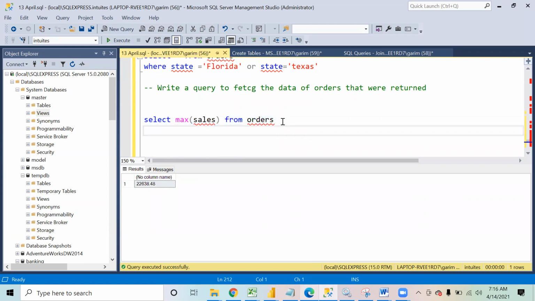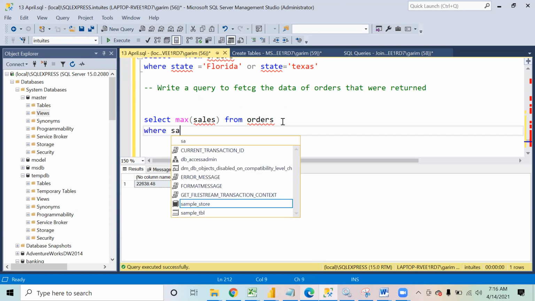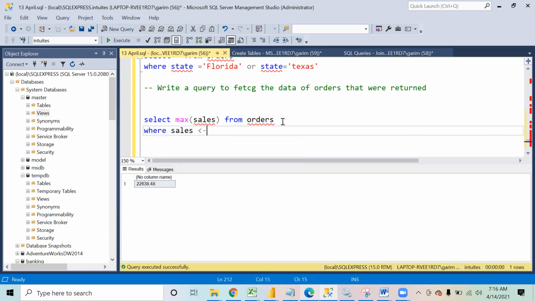Now if I say select the max of sales from orders where sales is less than this number, right? I'm saying I want to select the maximum sales where the sale should be less than this number. And this number is the highest sale. So I'm going to get the second highest sale in this case, right? I'm saying where the sale should be less than this number. So this gives me the second highest sale.